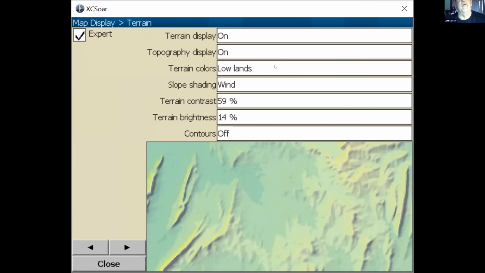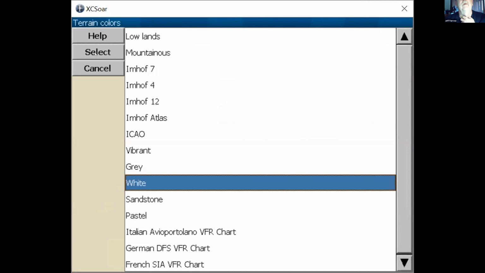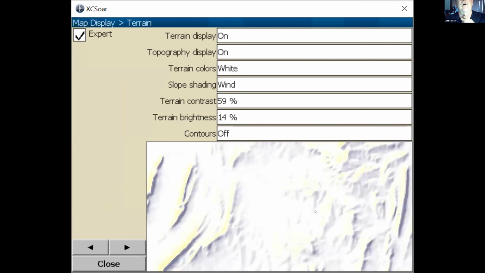And when you have the terrain on, it looks very nice, but it does decrease the visibility of things on the actual display. So it may be worth either turning it off altogether or switching to a low contrast, a high contrast background, so that you can get a better view of what's going on in the screen as you're flying.